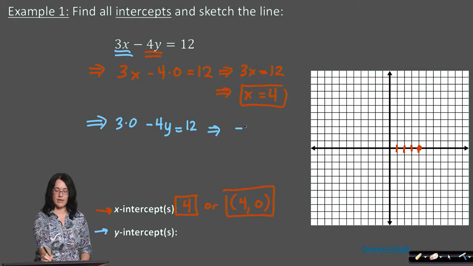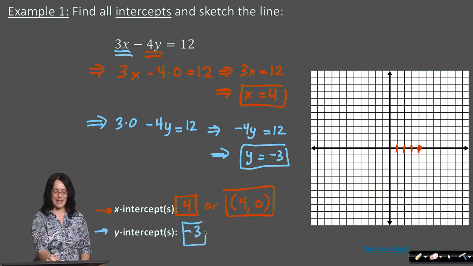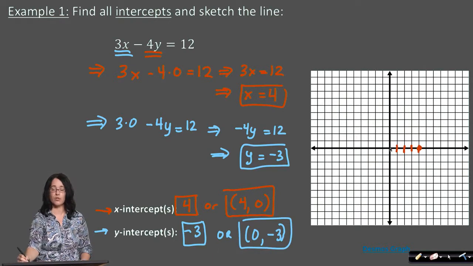You really just have negative 4y equaling 12, so that y is just equal to what? Watch your signs. 12 divided by negative 4, it's a negative 3, isn't it? Sign errors are pretty common here, so watch yourself. So we get a negative 3, or the location would be x is 0 when y is negative 3. So 0, negative 3 would be our point. So from the origin, we're just going 3 units down, 1, 2, 3,